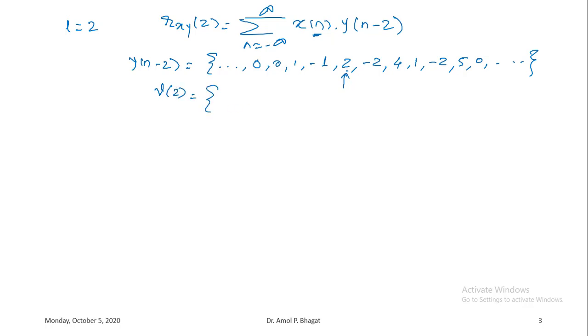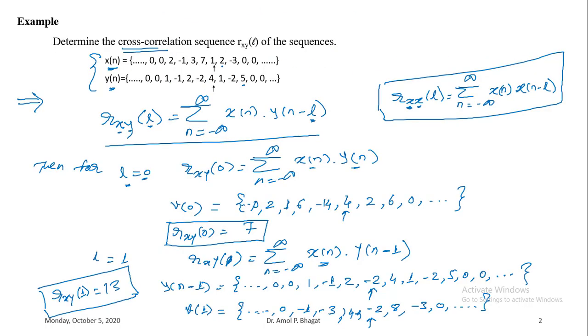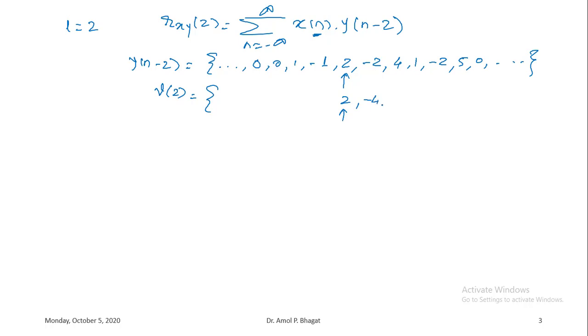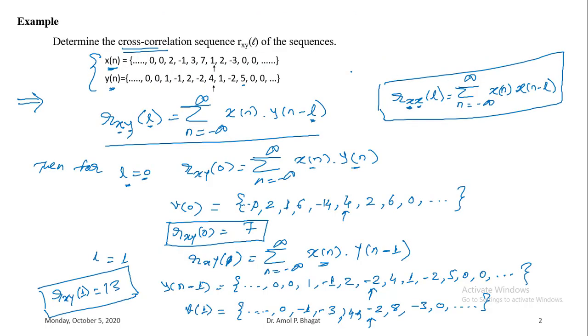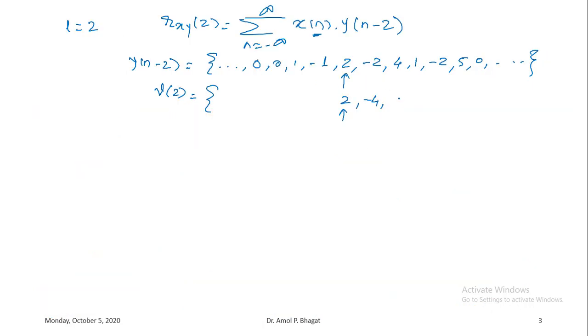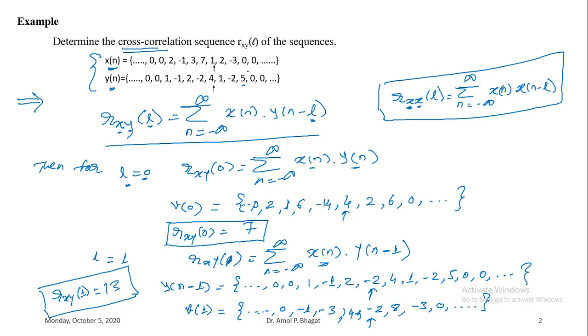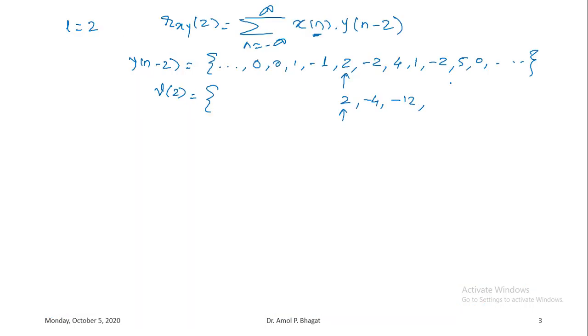At origin it is 2, here at origin 1 is there, so 2 multiplied by 1 will be 2, right, at origin. So similarly minus 2 is there, right? So minus 2 multiplied by 2 will be minus 4, then 4 is there, right? So 4 multiplied by minus 3 will be minus 12, next one is 1, but the remaining values are here 0, so 0 multiplied by any value in this case will be 0, so it will be 0. Okay,